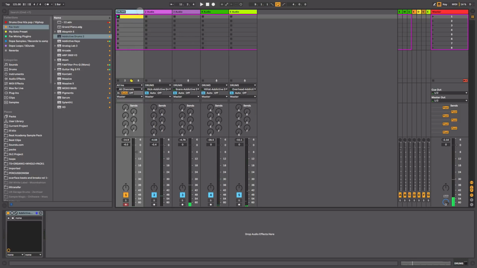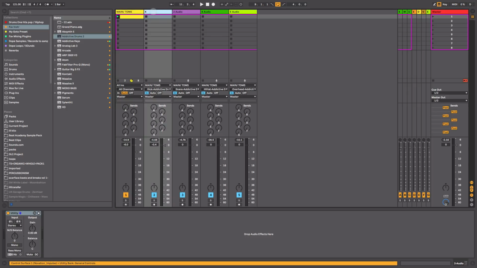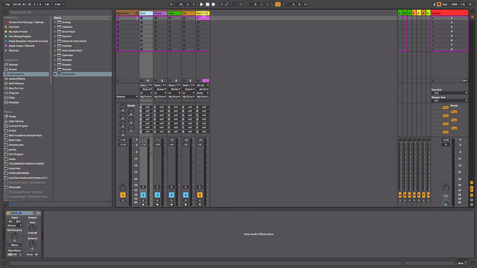And now what I can do is just say, this will be main/toms, and I can just kind of organize everything here. And the reason why I'm doing this is so I have a little bit more control over shaping the tone of these drum sounds. Now with the drum kit separated on each individual audio track, we can now do a